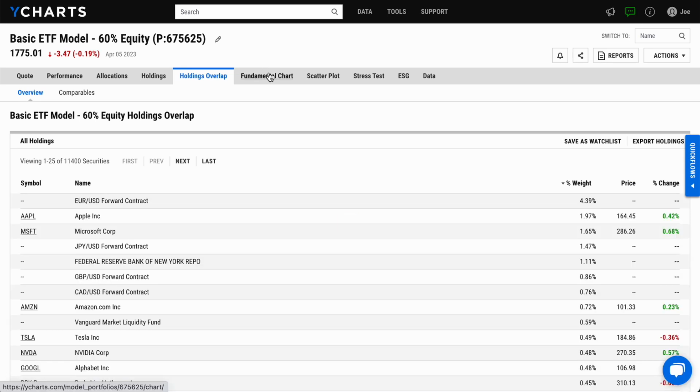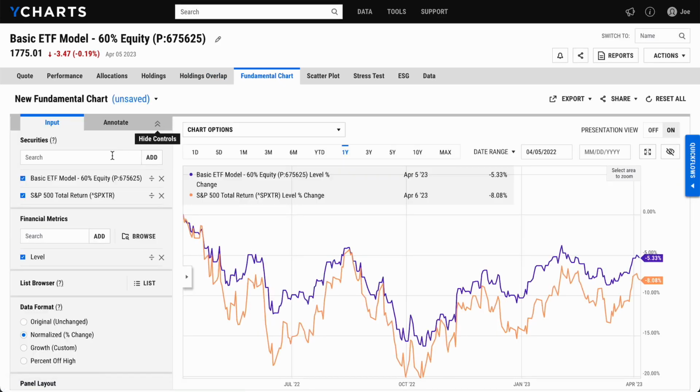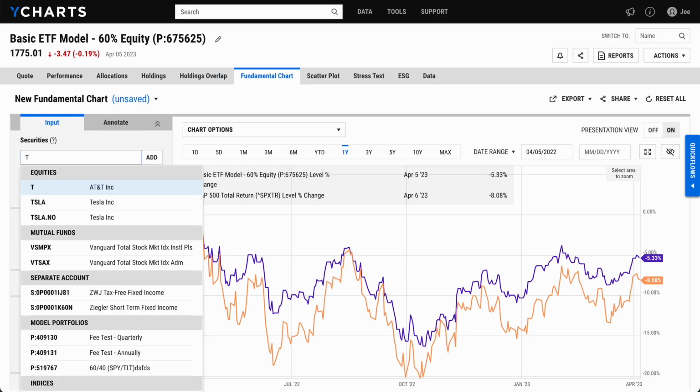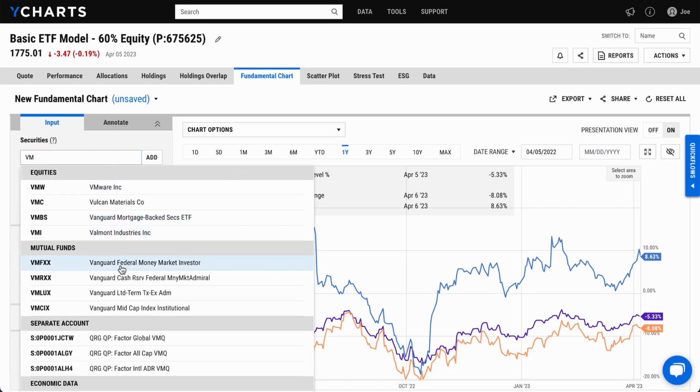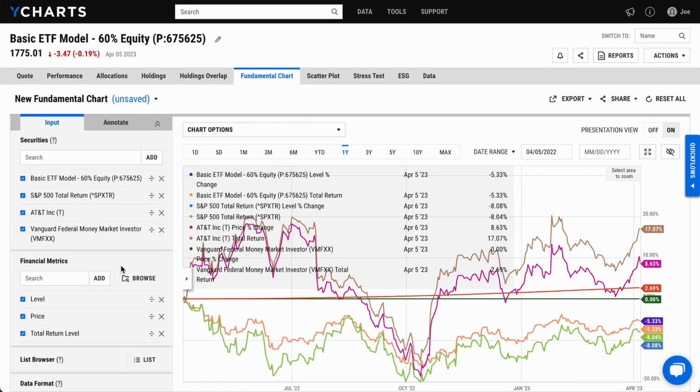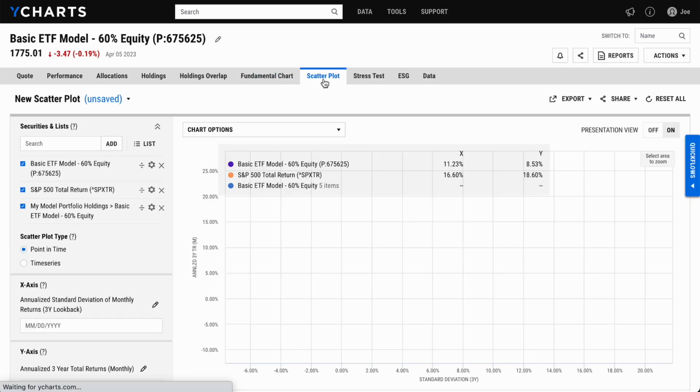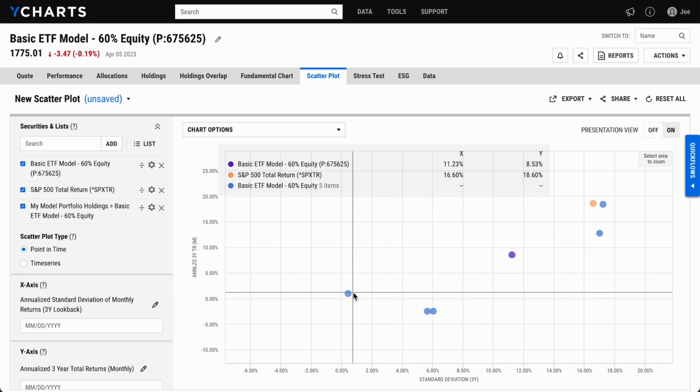Model portfolios can also be used throughout YCharts. You can easily load a model into fundamental charts and compare it to a benchmark, other funds or individual stocks, and even economic indicators. Within model portfolios, you can also illustrate its holdings on a scatter plot to understand how